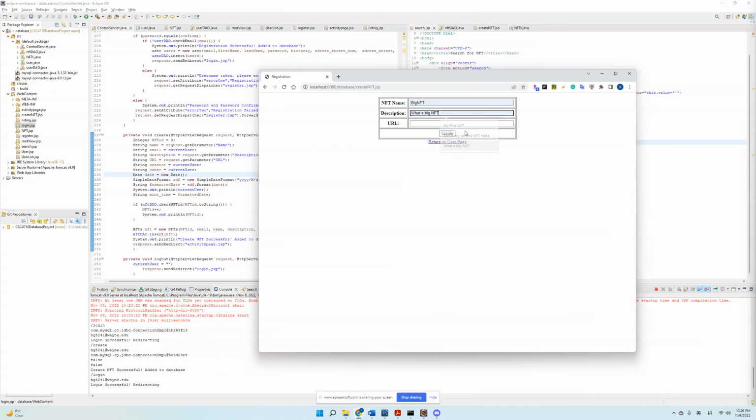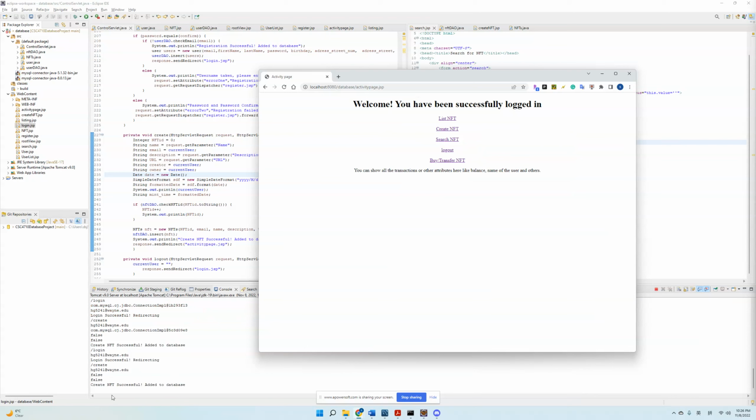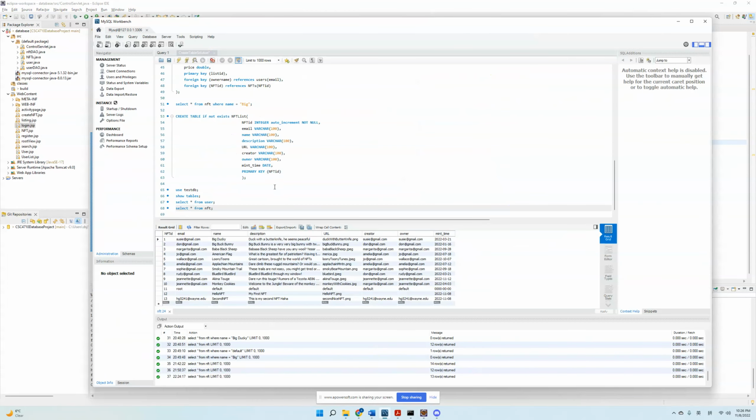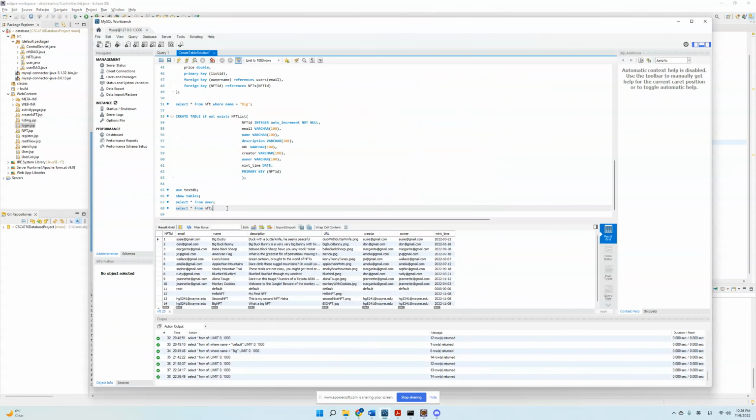And after I hit create, you can see the create is successful and it's added to the database, which is here. If I select all from database, you can see the NFT was added here. And the creator and owner has been assigned to the user who has created it,